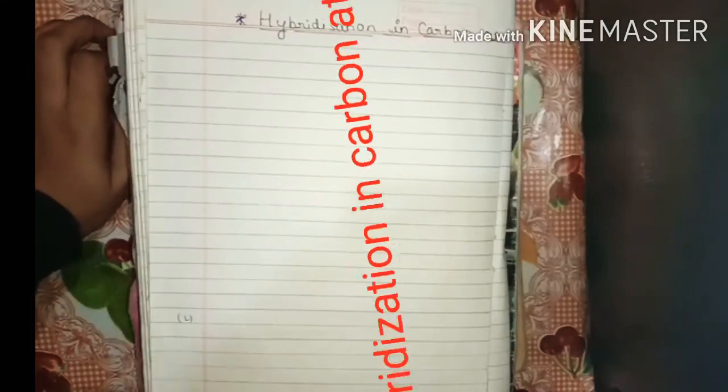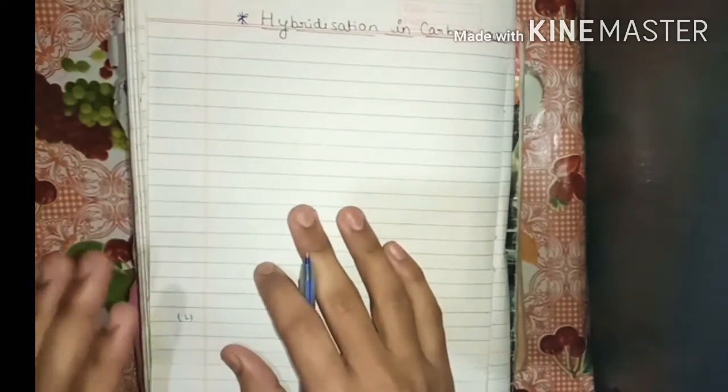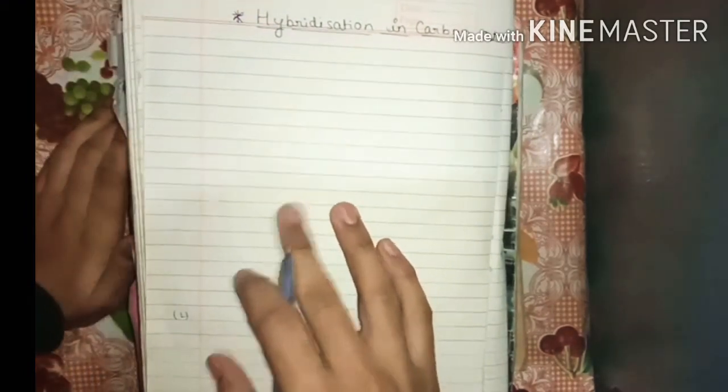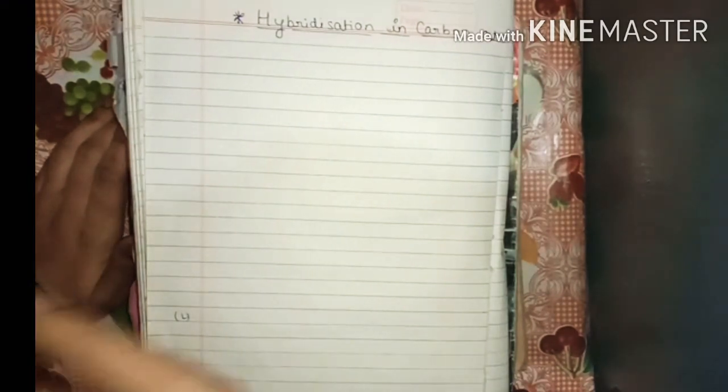Hi friends, today our topic is hybridization in carbon atom. Before this lecture, I had made the lecture of hybridization in which I had told about various compound hybridization that you can calculate by a beautiful trick. If you had not watched that video, then that video link is given below in the description box so you can watch and get that trick.